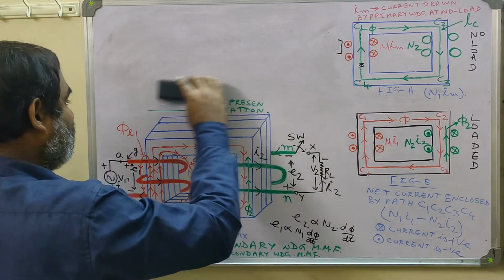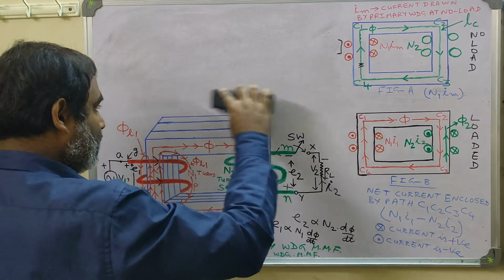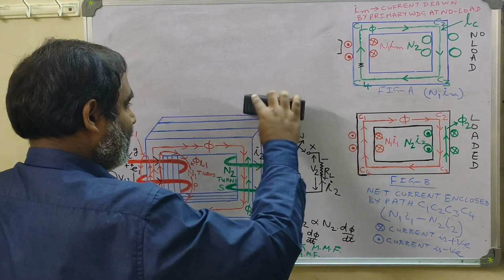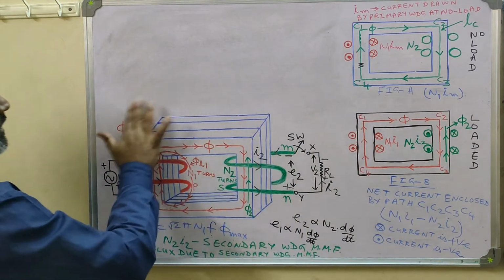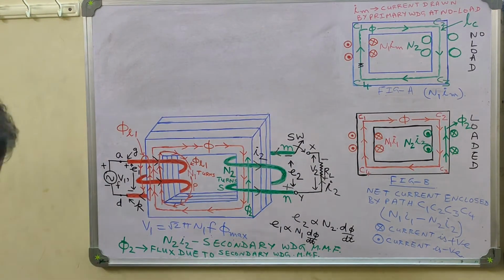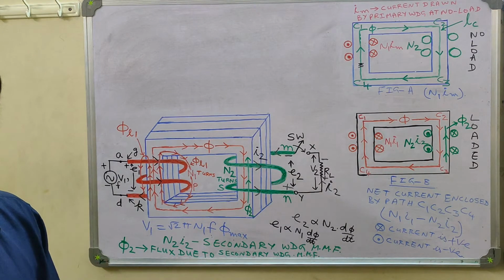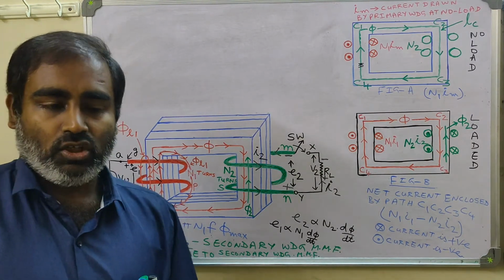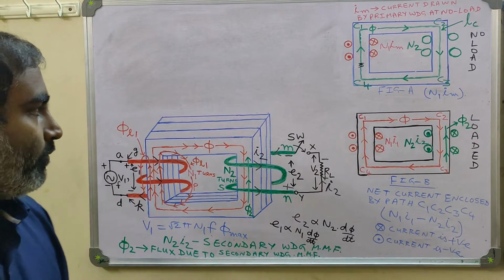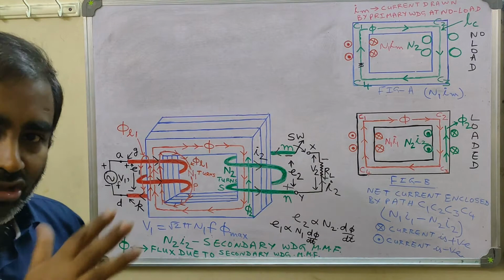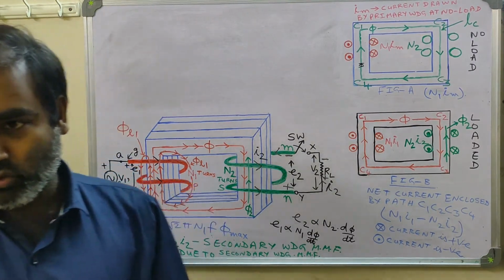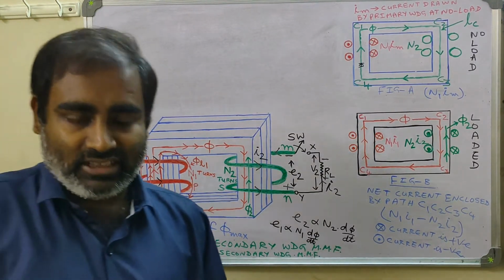But before that, let me start with the phasor diagram, because we wanted at the beginning to draw the phasor diagram for an ideal transformer. We have stated the assumptions of an ideal transformer. Now how do we begin with the phasor diagram? We can begin by choosing some quantity which we will define as our reference quantity. For drawing a phasor diagram, you have to start by choosing a reference quantity or reference phasor.